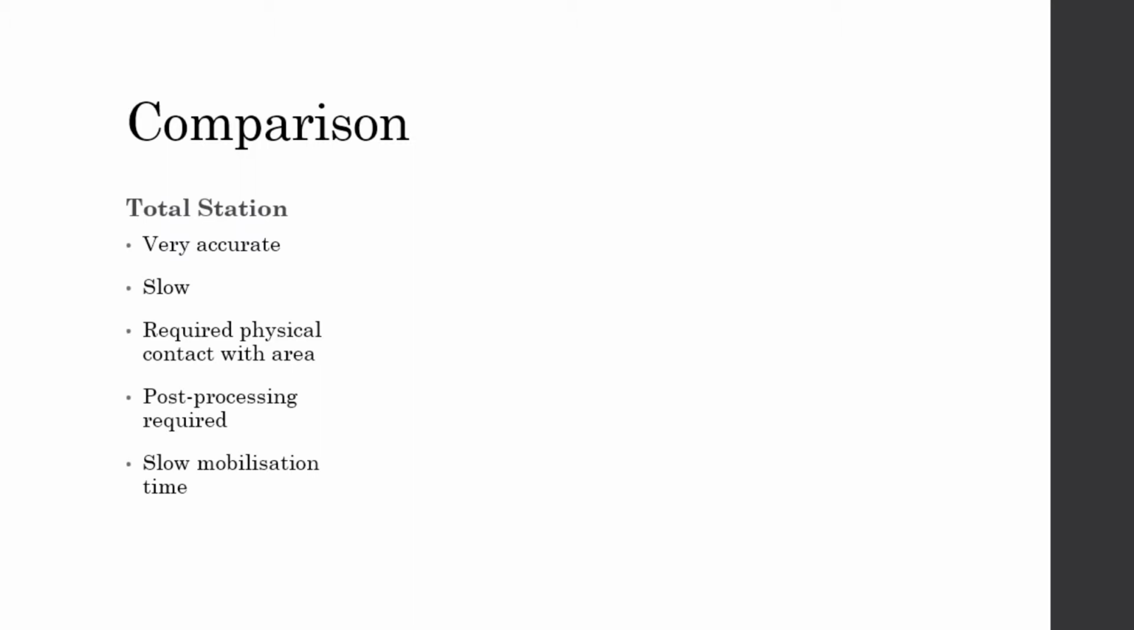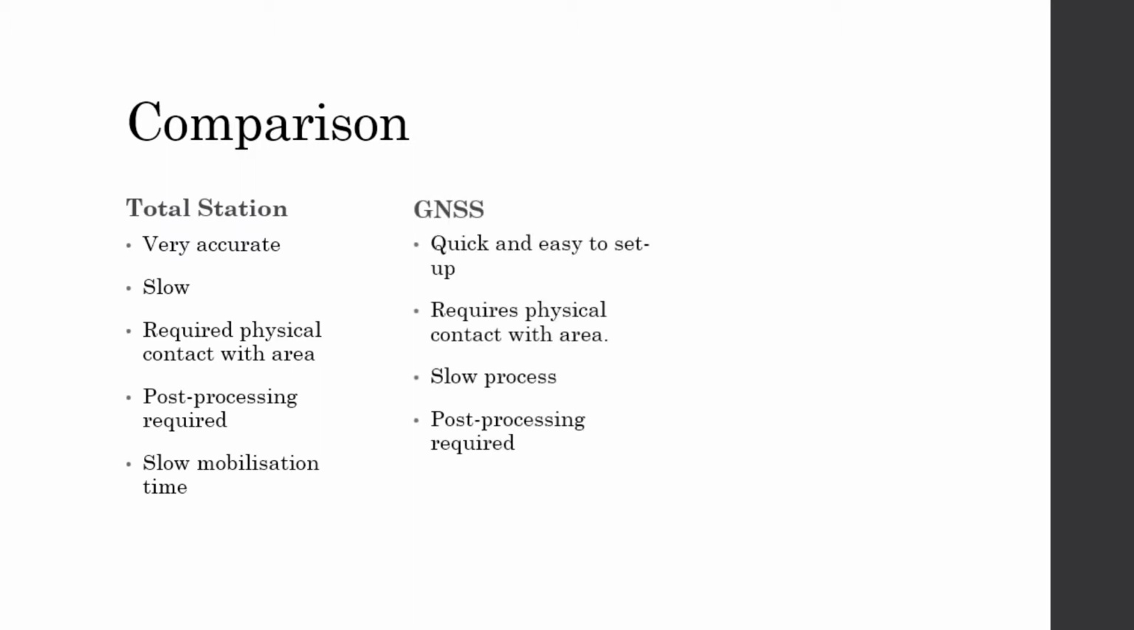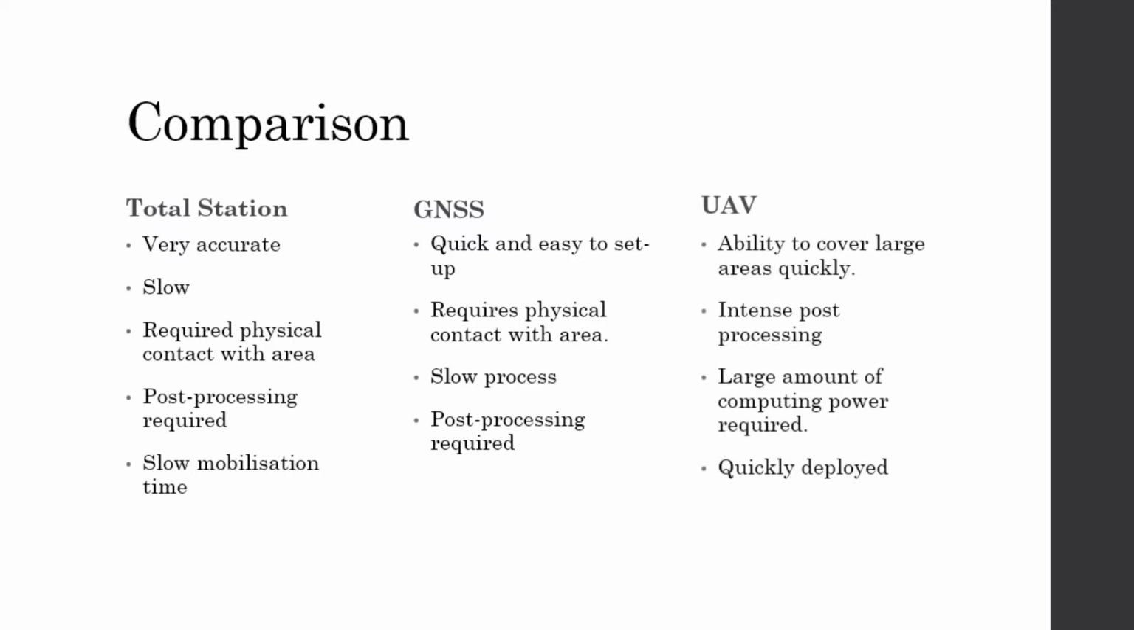GNSS techniques in comparison are quick and easy to set up, requiring at minimum a rover and potentially a base. They do also, however, require physical contact with the area and are also a slow process, recording each individual point. Post-processing is also required. Now, comparing to total station and GNSS methods, UAV techniques show an ability to cover large